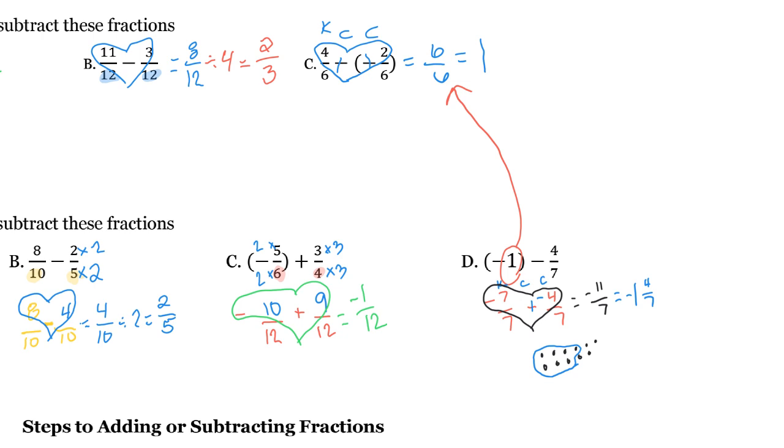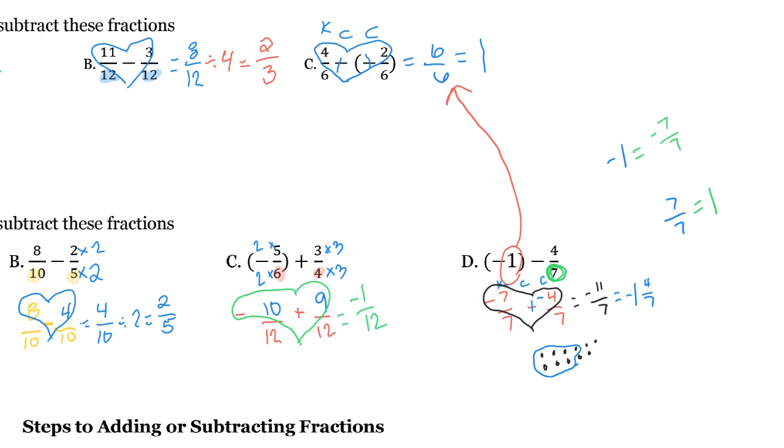Okay, so D. D might have been a little confusing because it had that -1 there. But just like in example C up top, we changed 6/6 to being 1. And you might be thinking, but why did I do 7/7? Because of this denominator here. This denominator is a 7. And we want to find common denominators. So 7/7 is equal to 1, right? So again, I did 7 because we want common denominators. And I changed this -1 to be